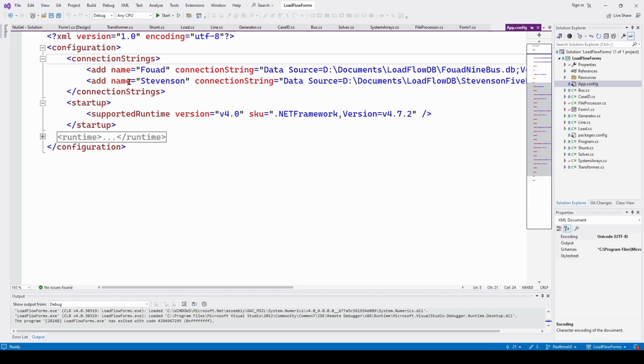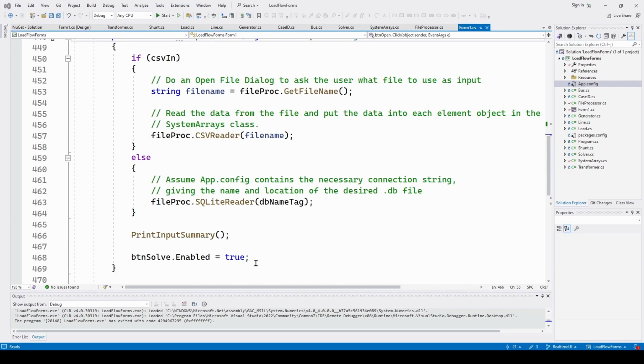Now you can just add to these if you want, add additional lines using a different file name and different name tag. But at the end of that, you just do the end connection strings, and that's it. So at this point, we've downloaded libraries, we set up the app.config, and now we should be able to access